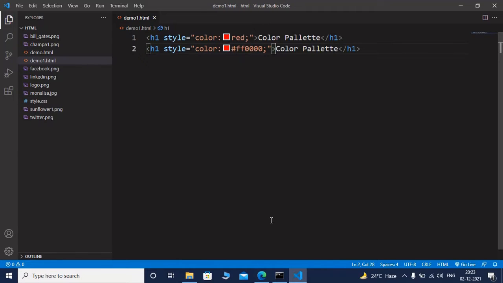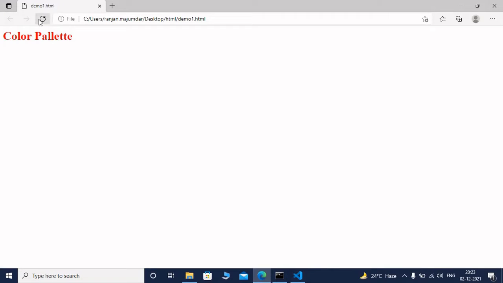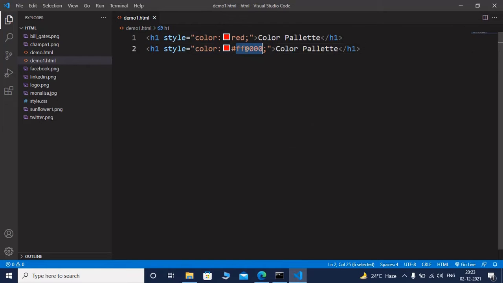I am saving it and refresh it. You can see the color is red because in this hexadecimal code only maximum red color is present and the other 2 color values are 0. 00 represents 0. Now I am copying it and pasting